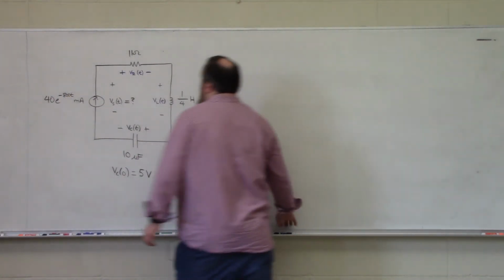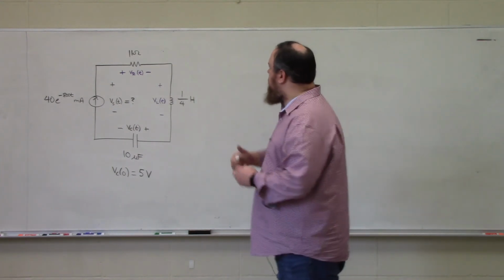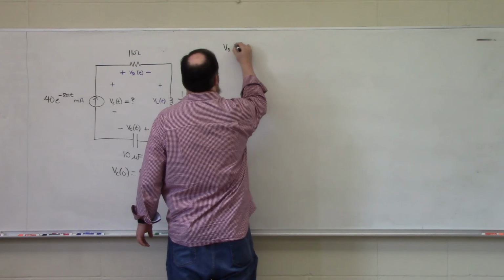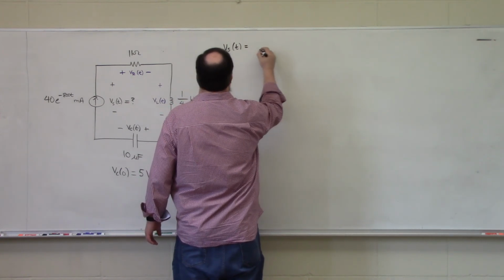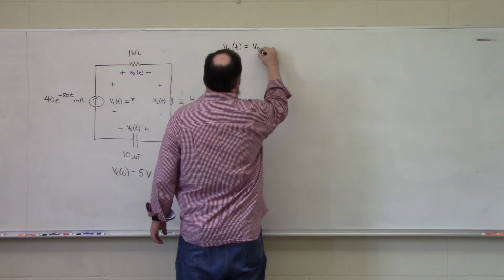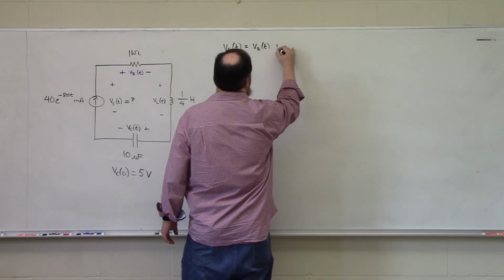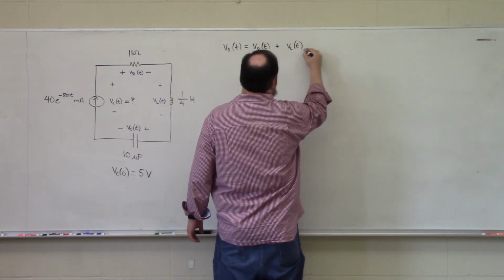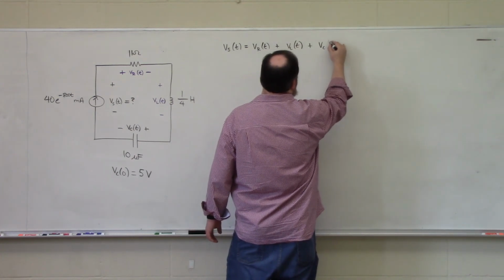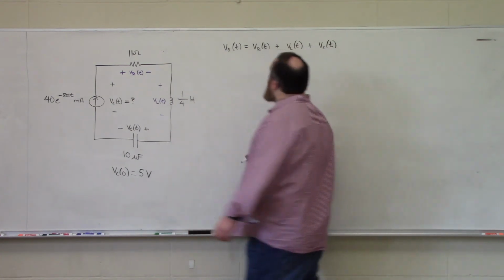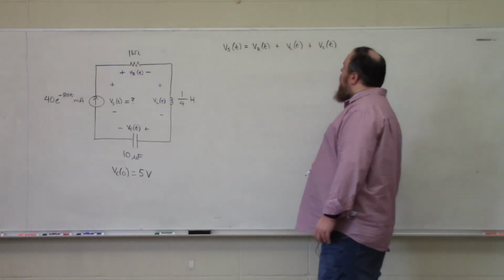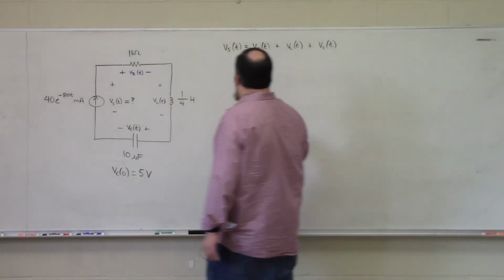So if we write the Kirchhoff's voltage law equation, we can see pretty easily that Vs of t will simply be Vr of t plus VL of t plus Vc of t. Okay? Now, Vr of t